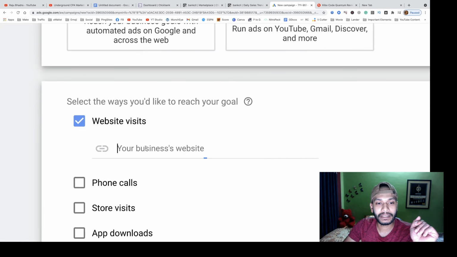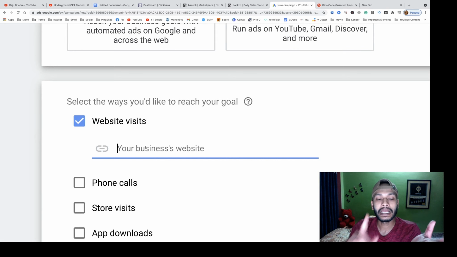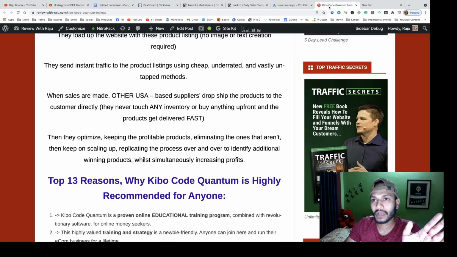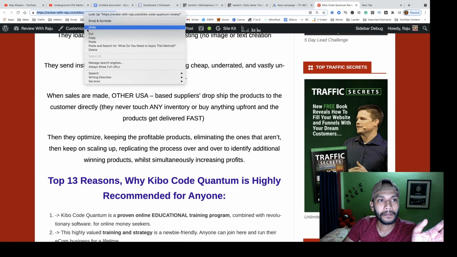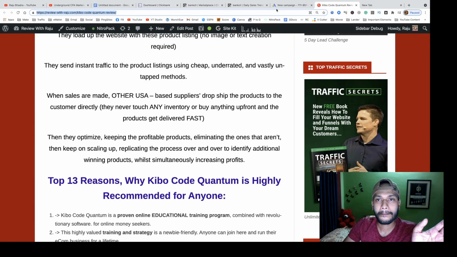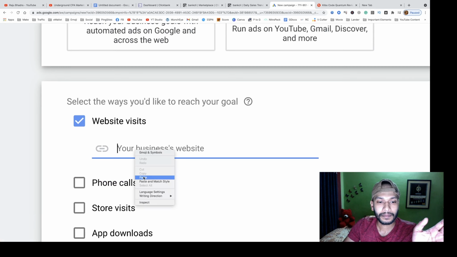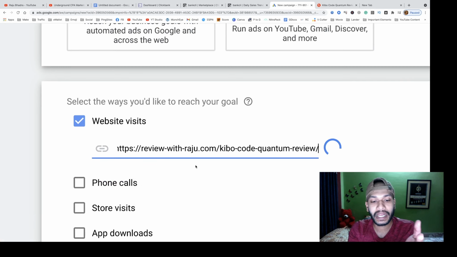Click the website visit and put your website URL. If you have your own website, fine, you can put that URL. If you don't have a website, you can put your Google site URL, Medium URL, or Blogger URL.